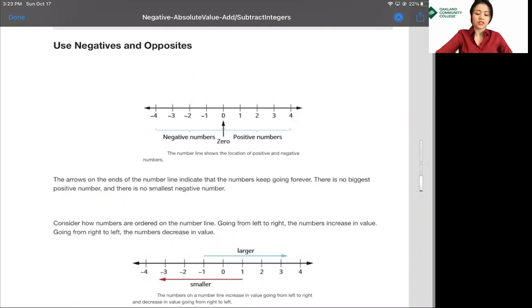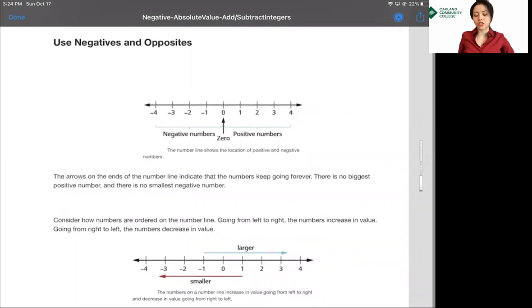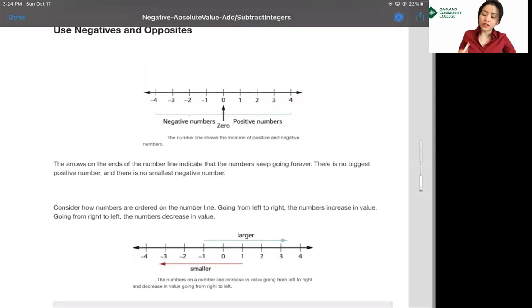Today's objective is integers. So our first thing that we learn about integers is to use negatives and opposites. If you have ever experienced a temperature below 0 or accidentally overdrawn your checking account, you are already familiar with negative numbers. Negative numbers are numbers less than 0, and negative numbers are to the left of 0 on the number line. So if you look at this number line,